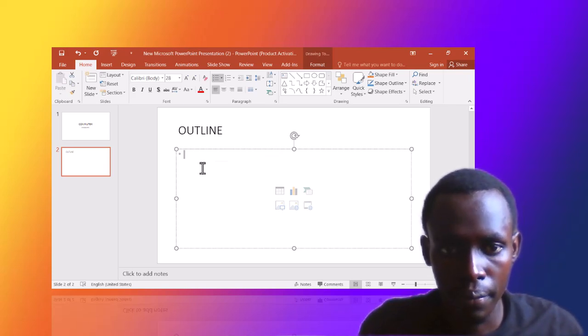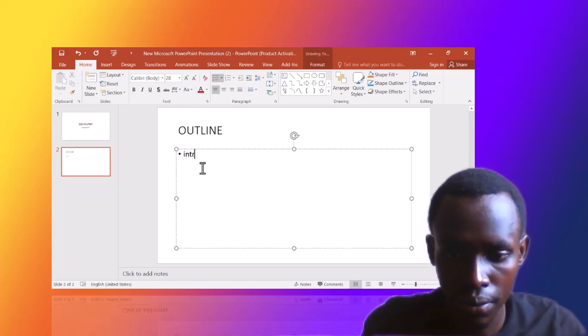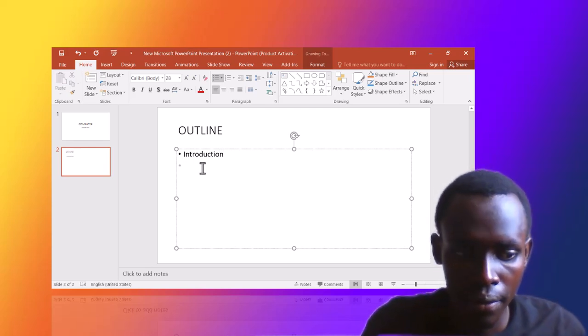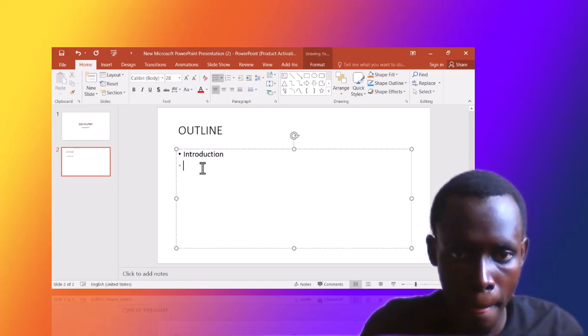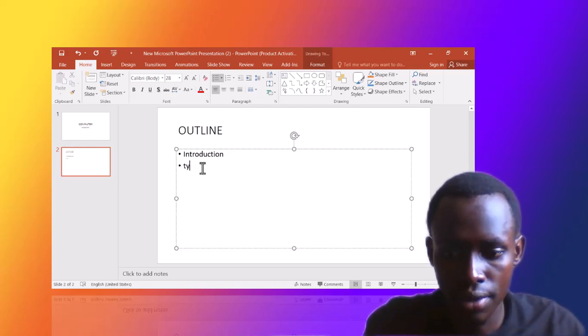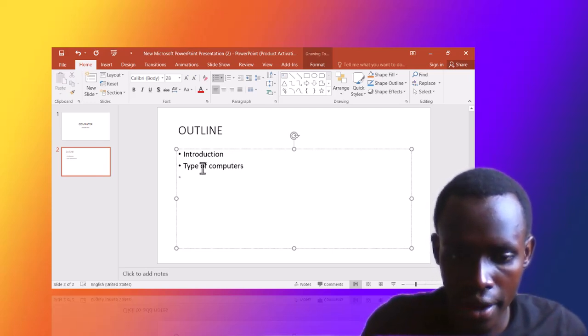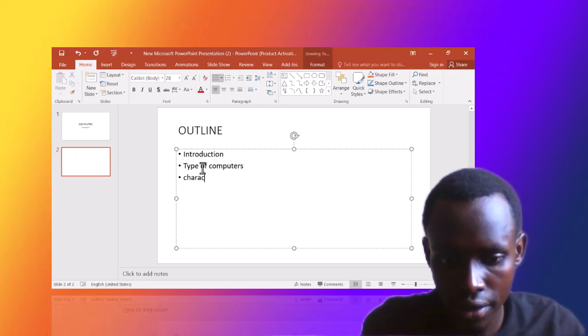So the outline will have introduction, then it will have types of computers, then characteristics,